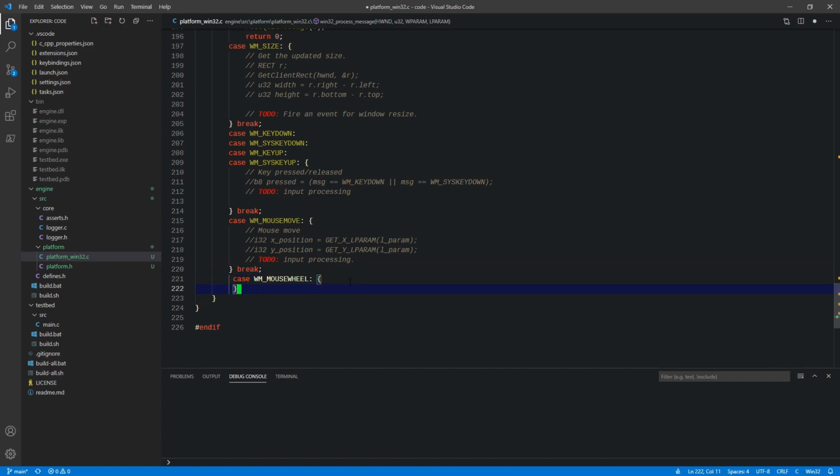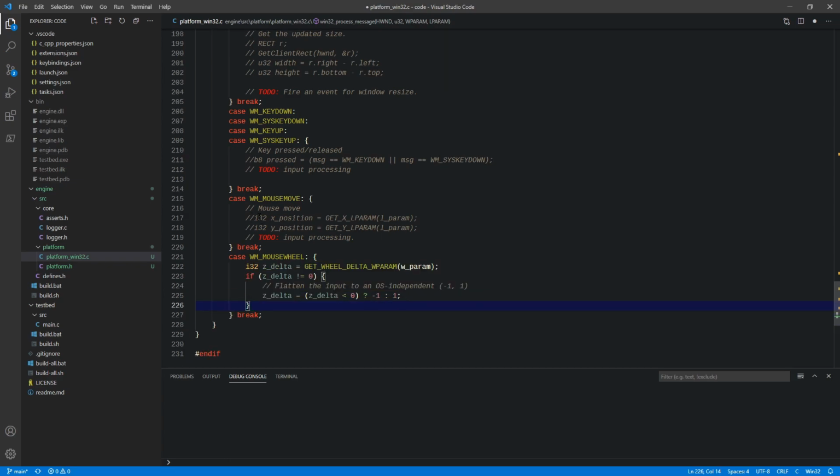One more thing that we'll need to do is handle the mouse wheel, so we'll go ahead and scaffold something for that. The mouse wheel is actually pretty straightforward. Since the X and Y are the movement of the mouse on the screen, back and forth, up and down this way, we're going to consider the wheel delta, which is the mouse wheel going up and down, to be the Z. And we're basically going to say if the delta, which is the change from the last time the mouse was interacted with, is not 0, meaning something has happened,